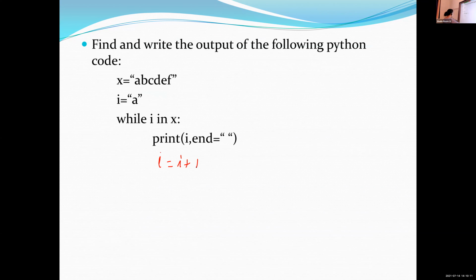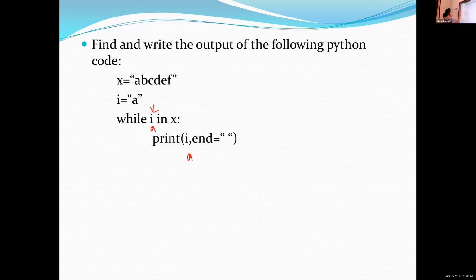But here there is no I is equal to I plus 1 statement. So first time it will print A. After that, it again goes to the while statement. Then A in X again. It will check again, A is present in X. So it will again print A.